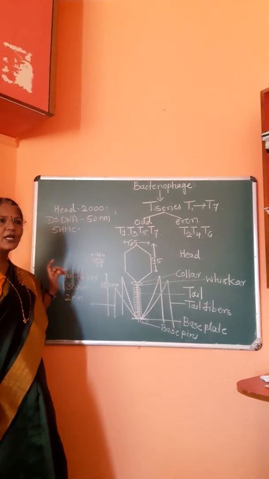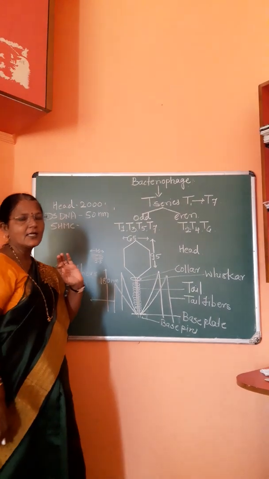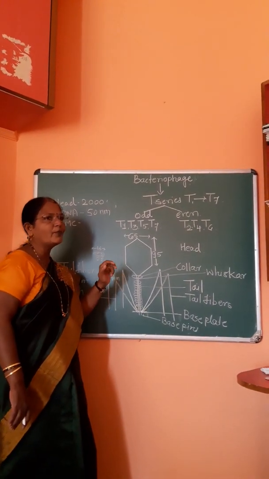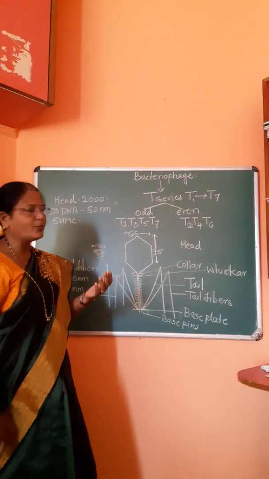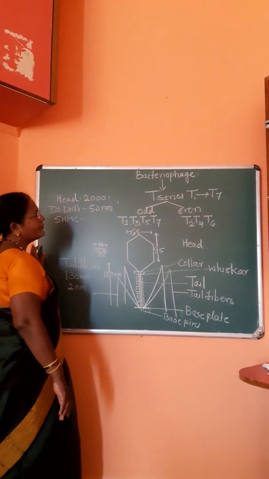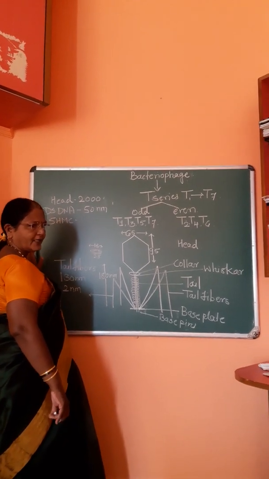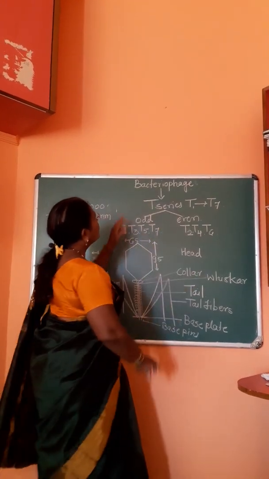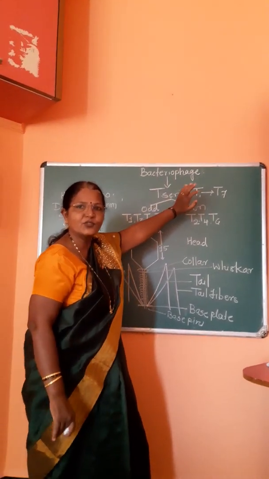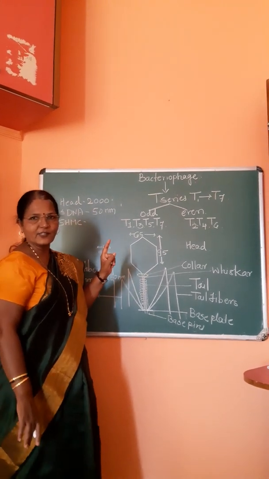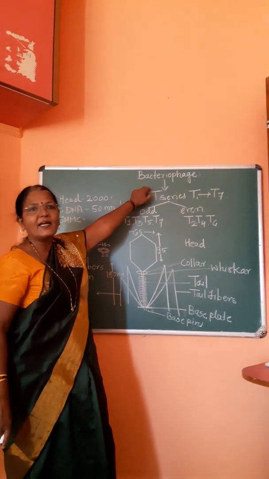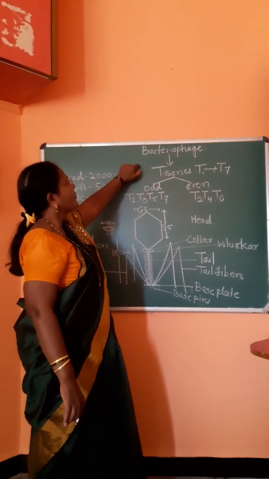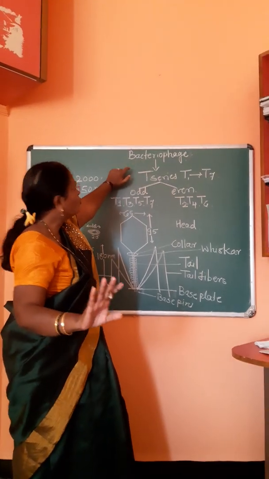In the last lecture, we had studied some properties of viruses, and in that lecture, I had told you we will study the structure of T4 bacteriophage when we study its reproduction. So today we will study the morphology of bacteriophage. Before that, we should know the literal meaning of bacteriophage. Bacteriophage means bacteria eaters, and that's why they are called bacteriophage.